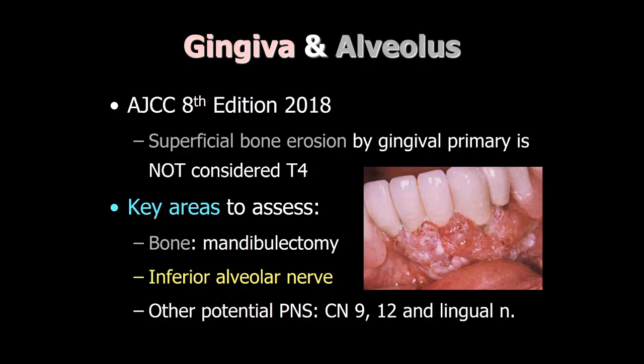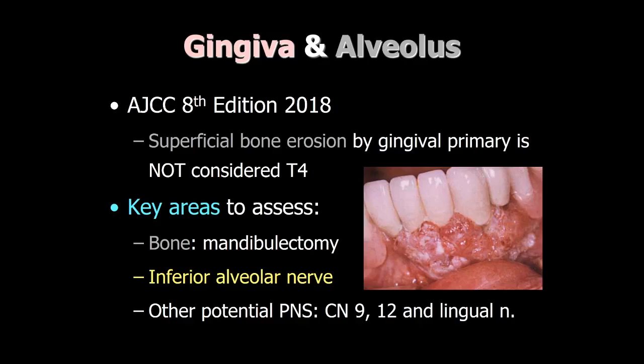Cancer can also arise along the gingiva as well. Rarely it can arise from within the alveolar bone of the mandible or maxilla. One thing we need to note is that very superficial bone invasion by a gingival primary is not considered T4 category disease. For disease arising in the gingiva and alveolus, bone involvement is very important to document as it can